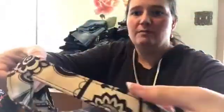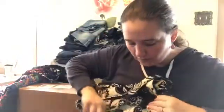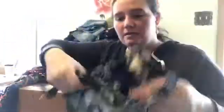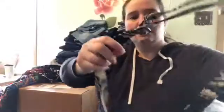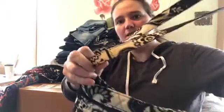Here's another black and white one. This one has extreme yellowing on the handles. Let's see if you can compare. There's the handle versus the bag itself. You can see the dinge. It's very odd though, because this side of the handle doesn't seem, oh, I guess the underside is very yellowed